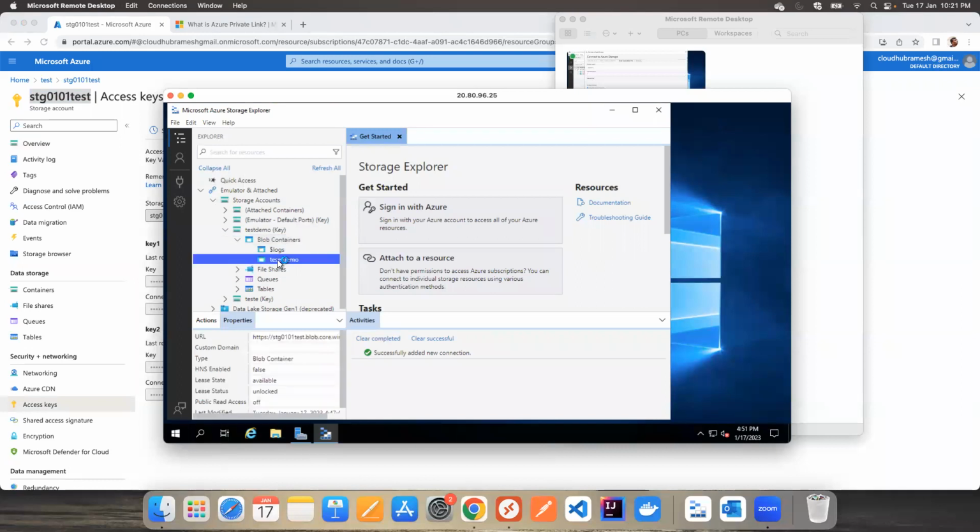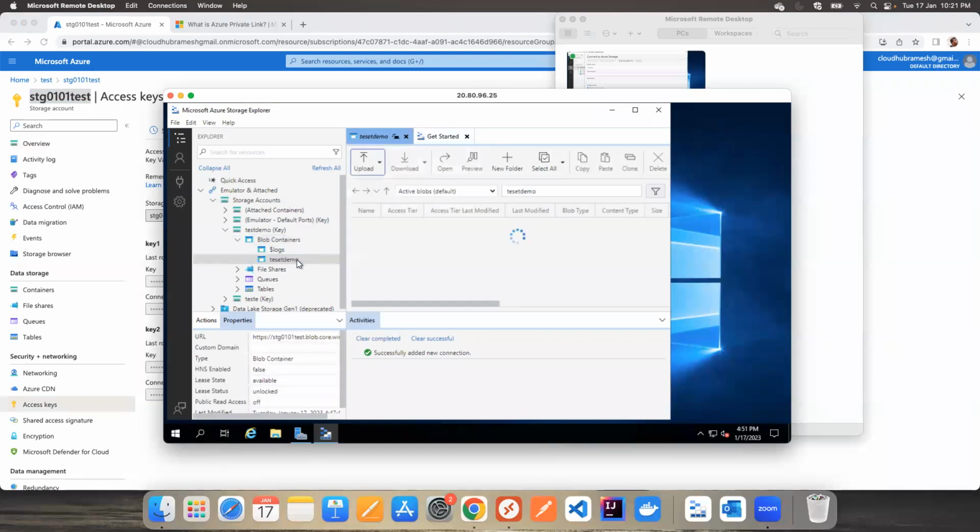See, so now we are able to see the test demo container, right? So what this means is you're able to connect to your storage account only via the private endpoints, not with the